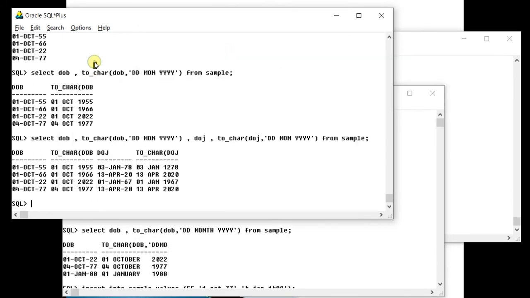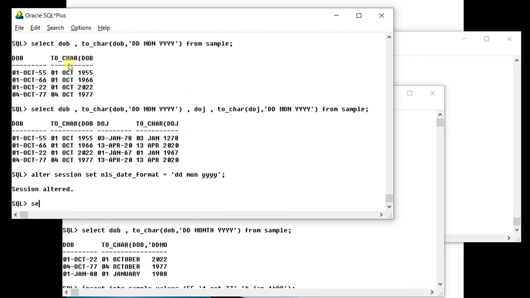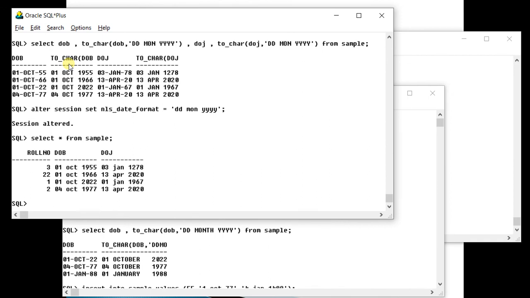Alter session set NLS_DATE_FORMAT equals dd mon yyyy. Now wherever you type select star from sample, by default the format has been changed to this. But please remember that this is applicable only for the current login. The next time you log in, it will revert back to YY. But you will find it easier than the to_char function.